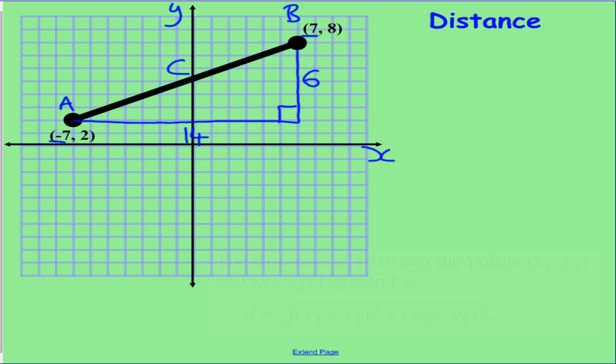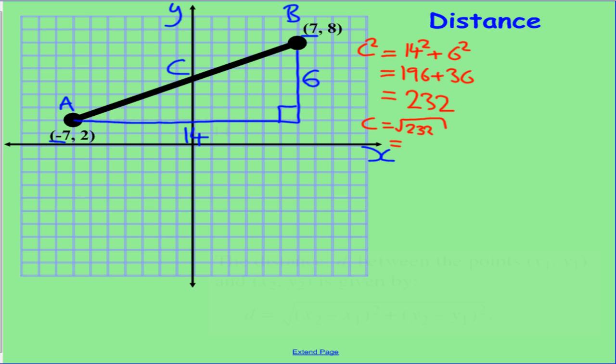So this is Pythagoras. And we would go through the steps like normal. We would say Pythagoras said c squared, or the hypotenuse length squared, equals the square of each side added together. So we end up with 14 squared plus 6 squared, and you would go through the process and solve that. So 14 squared would give you 196, 6 squared would give you 36, adding those together you get 232. Then, because it's c squared, c is equal to the square root of 232, which gives you